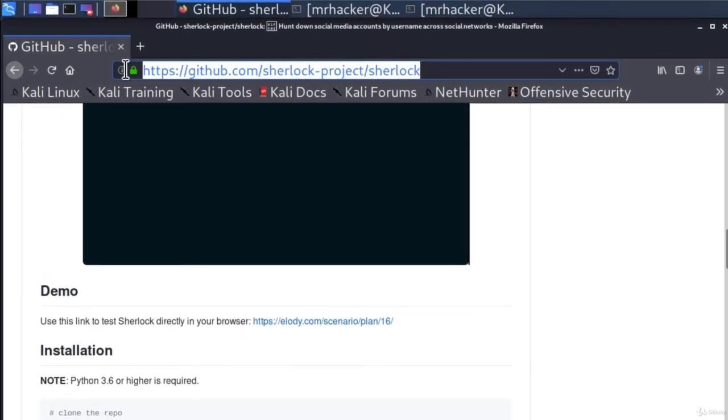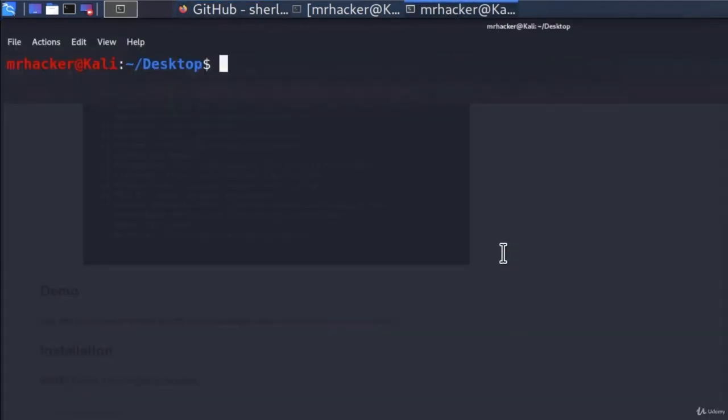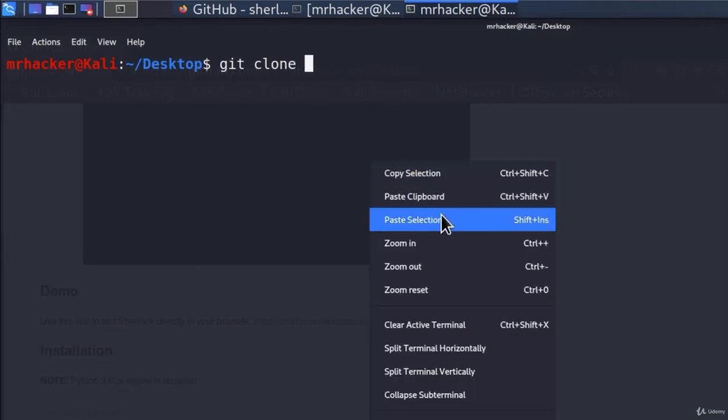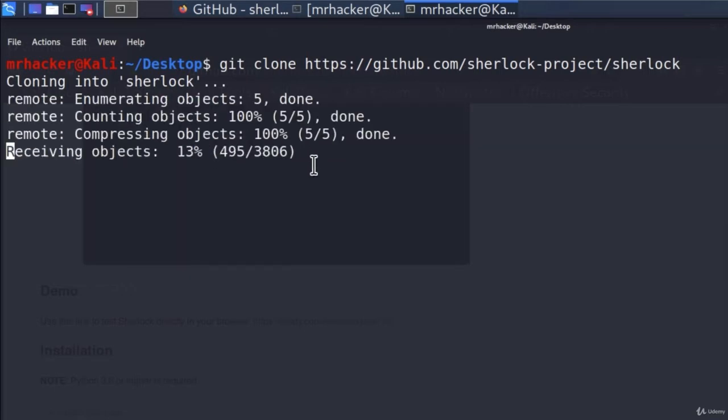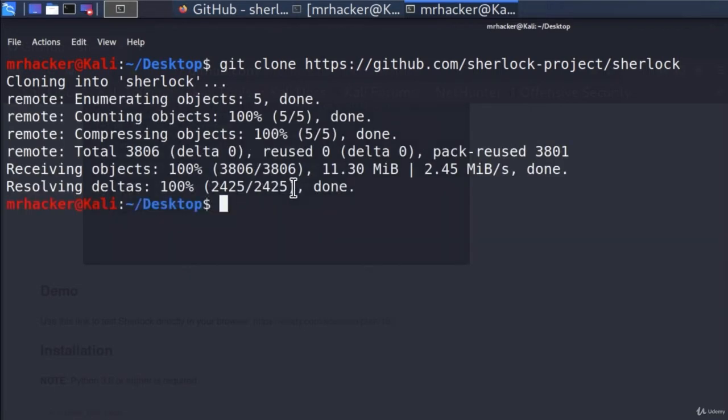Just copy the link to this tool, open up your terminal, and type git clone, and then paste the link of the tool. Press enter, and this should automatically download the tool for us. We can see this tool is a lot larger than the Red Hawk since it took a little bit more time to download. And once it finishes downloading, we should type ls and we will see the Sherlock folder inside